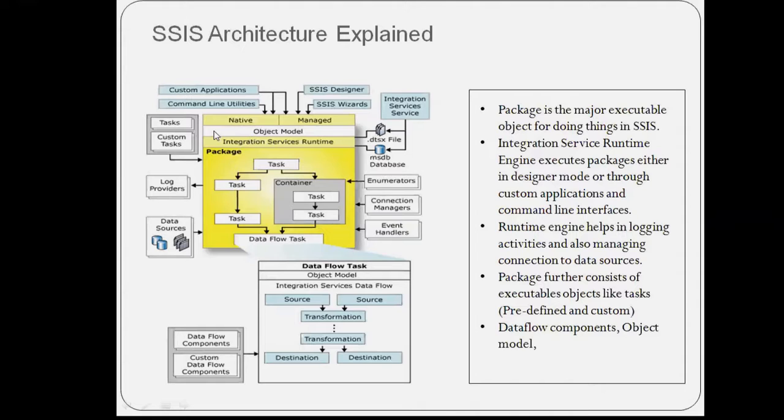Then coming to the left side here, you see the task and custom tasks. You might be wondering, what is this custom application and what is this custom task? The custom application is something in SSIS. There are two things mainly. One is a control flow task, one is a data flow task. When you say custom application, that's at the control flow level. We'll see in detail what a control flow and a data flow are. Control flow is the one which really controls the flow of your package. For example, you will be designing the different operations with respect to controlling the data or controlling the flow.